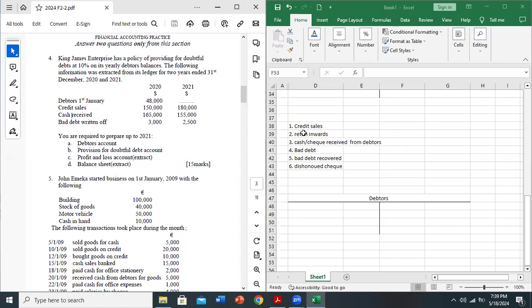Return invoice. Return invoice is, the debtors can return some of the goods back to us. They can give us cash or check to pay off some of the debt. Some of the debt can also be written off as bad debt. Previously written off bad debt can be recovered. And then